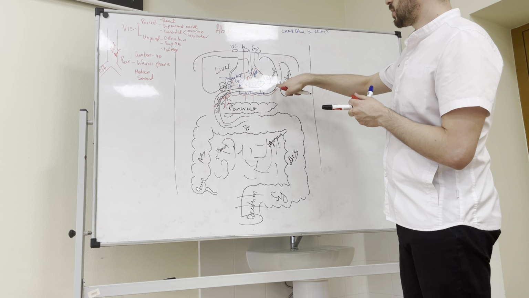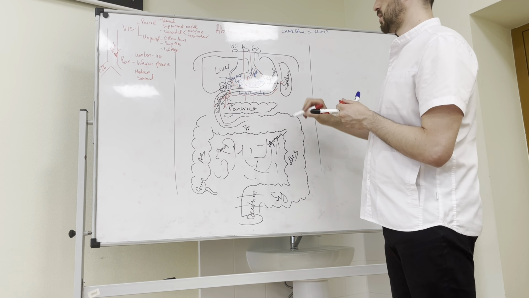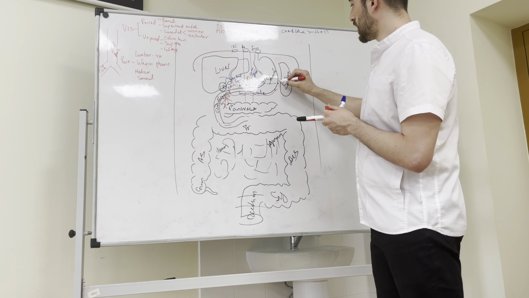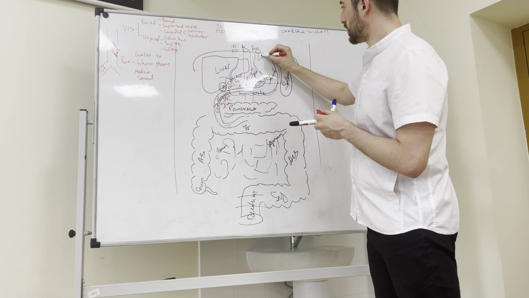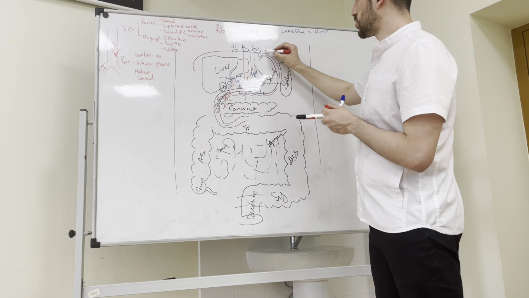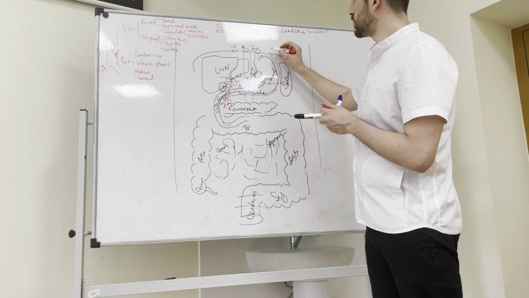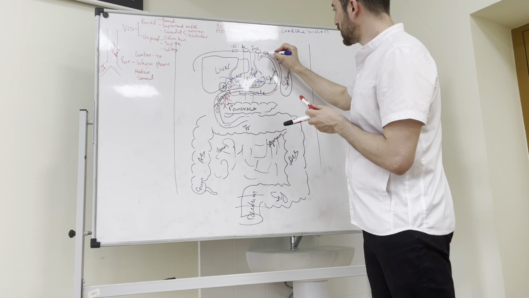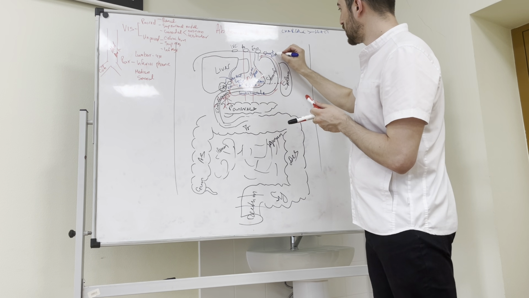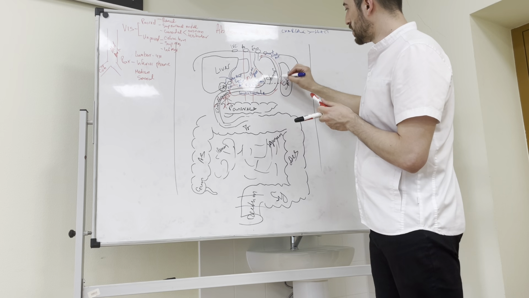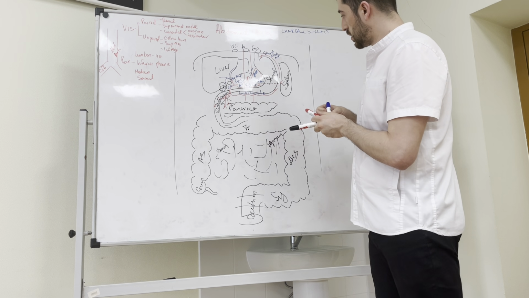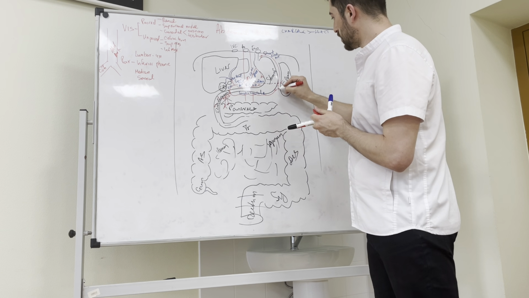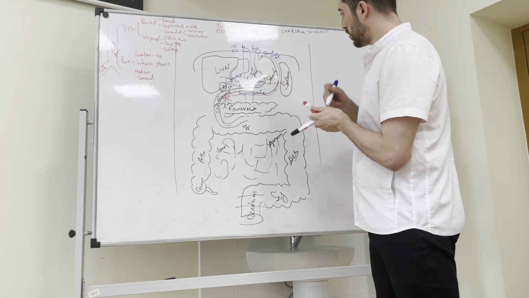Now we'll be discussing which artery? Splenic artery. Splenic artery gives rise to the fundus of the stomach, the short gastric artery. You remember? This will be the short gastric artery. And to this side it will give rise, yeah, here, to the gastro-omental